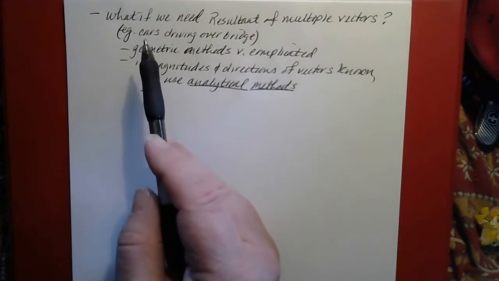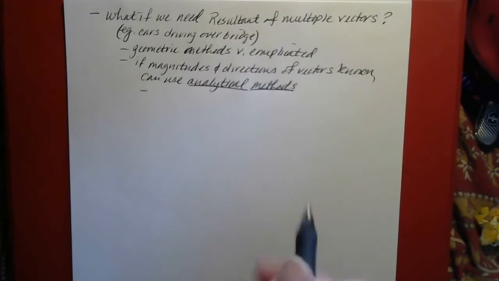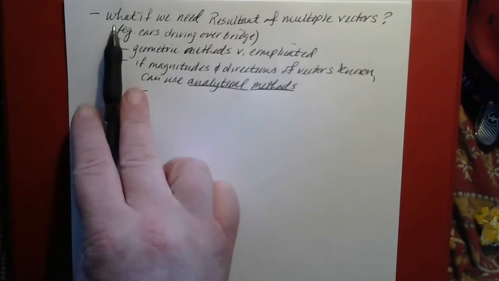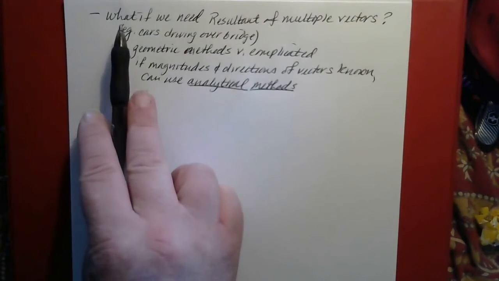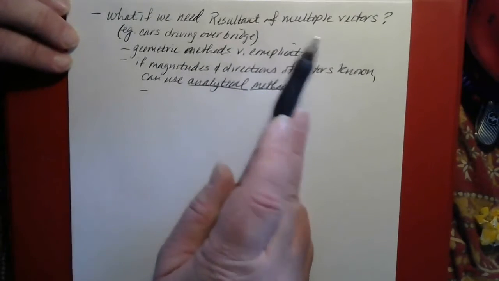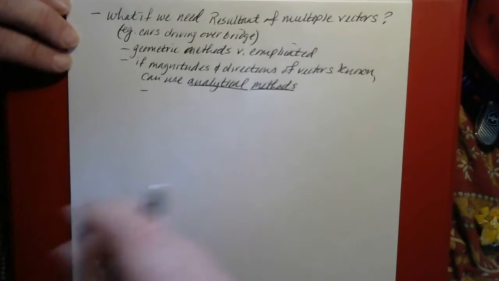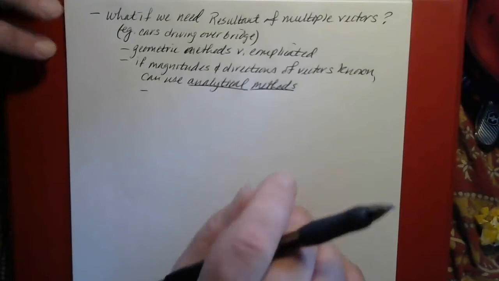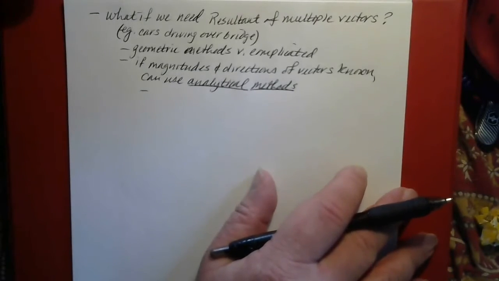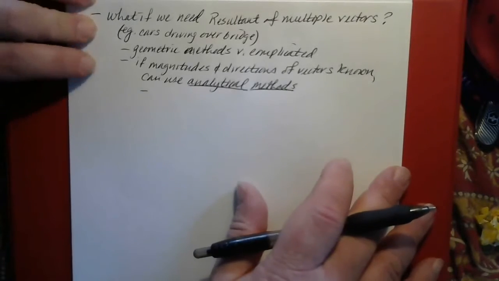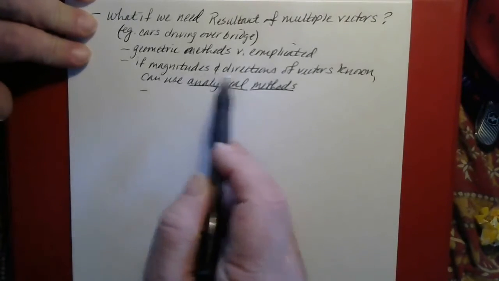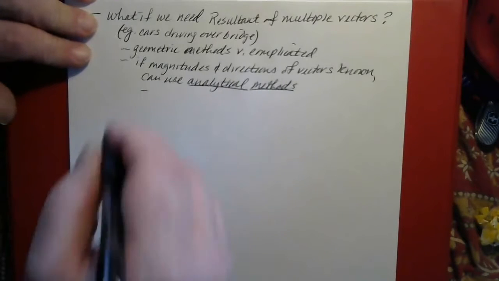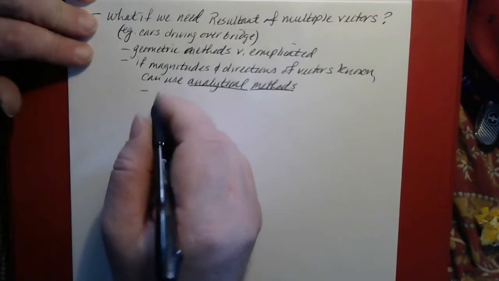We are about to go on to a different way of looking at vectors. Setting that up is one of the reasons why we might want a different method other than the purely geometric approach we've been using. What if you needed the resultant of multiple vectors, not just 2 or 3, but say 10 or 20 vectors? Doing it by the geometric methods would get really complicated really fast when you analyze more and more vectors at the same time. But if the magnitudes and directions of the vectors are known, then you can use what we call analytical methods. For that, you need the x and y components